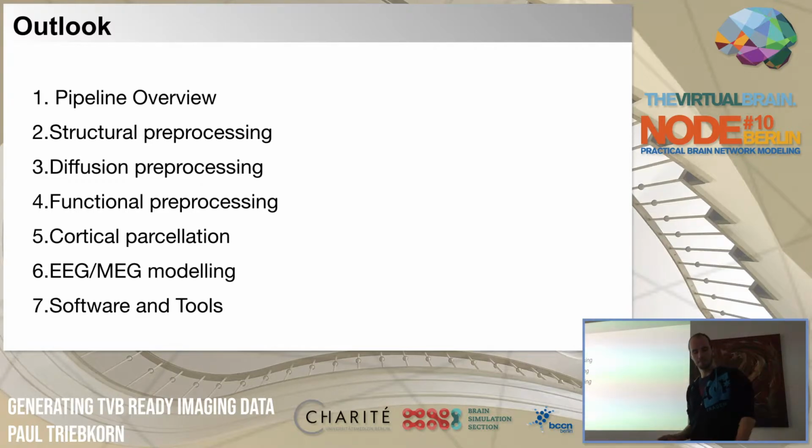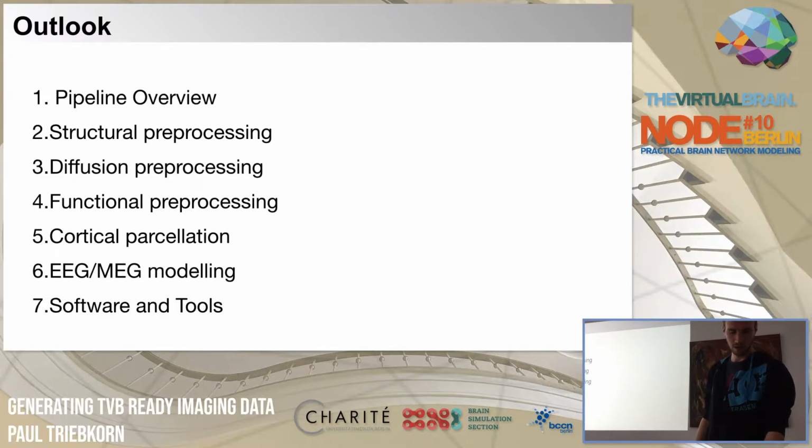So, just the outlook for this talk. We had the pipeline overview already, so this was the beginning, just to give you an idea of what we want to do. We will briefly cover structural preprocessing: what kind of artifacts there are, what the main steps in structural preprocessing are, and what information we want to take out of there. Then diffusion preprocessing for streamline tractography, and functional preprocessing. We will also talk about the cortical parcellation: how do we identify functionally different units on the cortical surface? There are different ways to do this. Finally, we talk about EEG and MEG modeling briefly, and